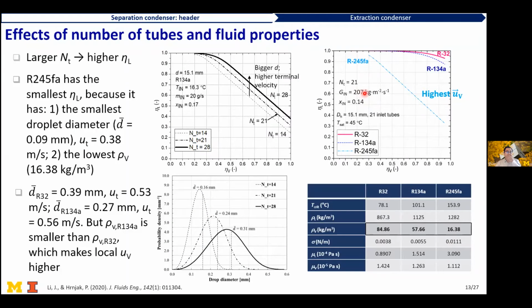Yeah, the last parameter we study, for different applications for heat pump and air conditioning cycles, is different fluid properties. And here I'm comparing from the high pressure R32 to low pressure R245fa, and we can see that among these three